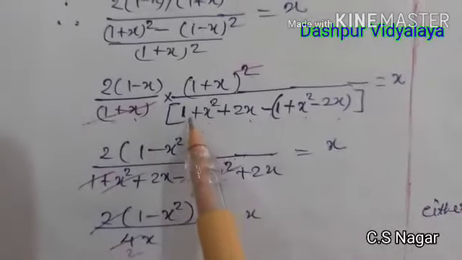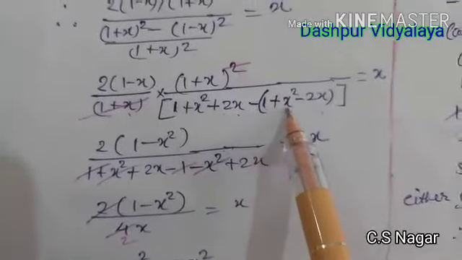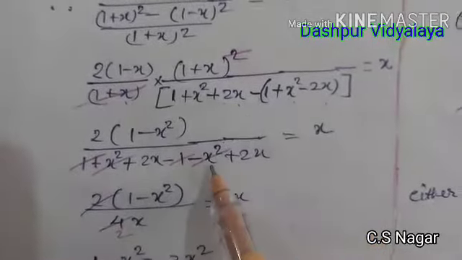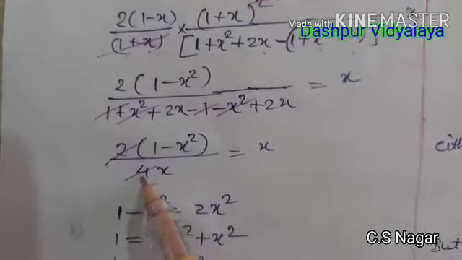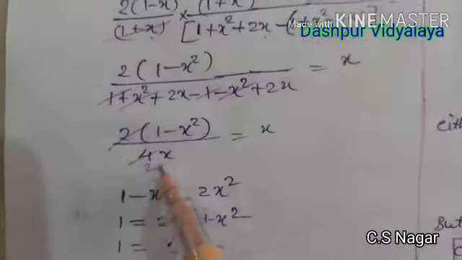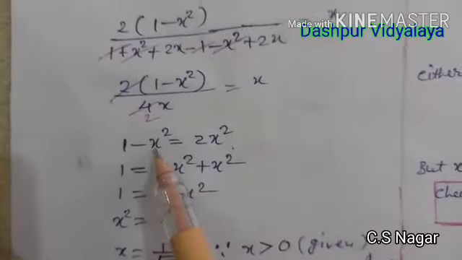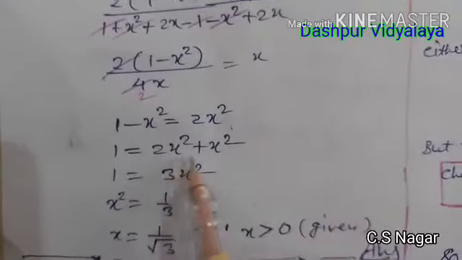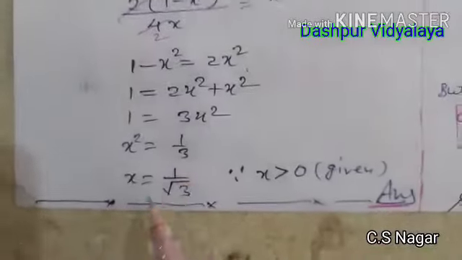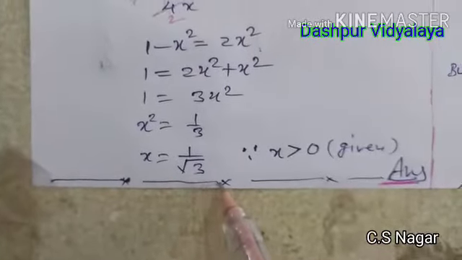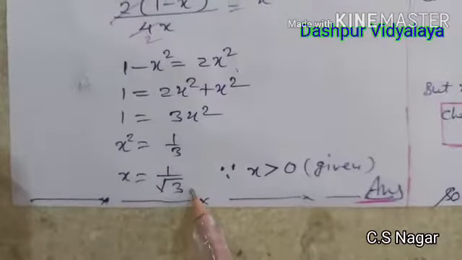Now in its denominator, a square plus b square plus 2ab, open this bracket, minus 1 minus x square, and it will be minus minus plus. So here 1 and x square both cancel out, 2x and 2x, that is 4x. Now 2 and 4 cancel out, only 2x remaining. Now 2x transfers to the right side, so it will be 2x square. This x square transfers to the right side, so 2x square plus x square, it means 3x square, divided by 3, so x square is 1 by 3, or x is equal to 1 by root 3. It is given that it is positive, so do not take plus minus, only the plus sign.